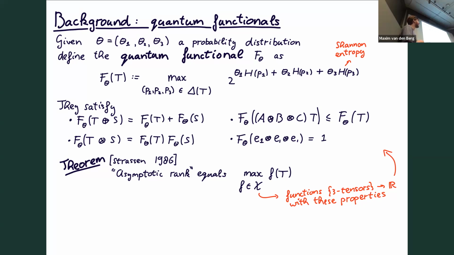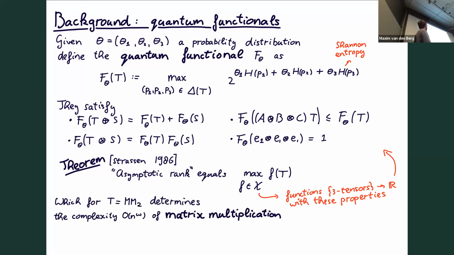I take all of them and evaluate the maximum, and I get the asymptotic rank. It's a bit of an abstract theorem, but it's very nice. If you know the asymptotic rank, in particular, you can determine the matrix multiplication exponent just by looking at the asymptotic rank of the